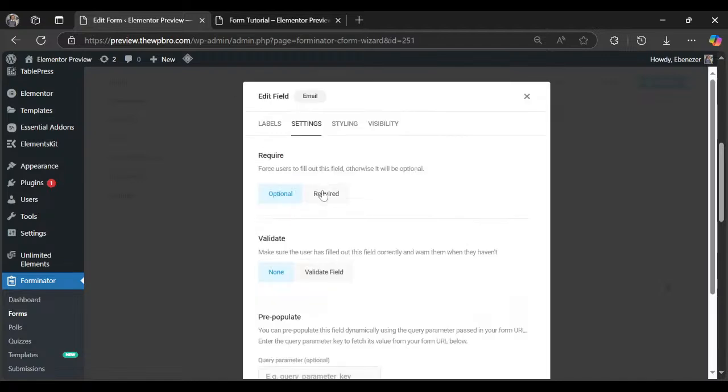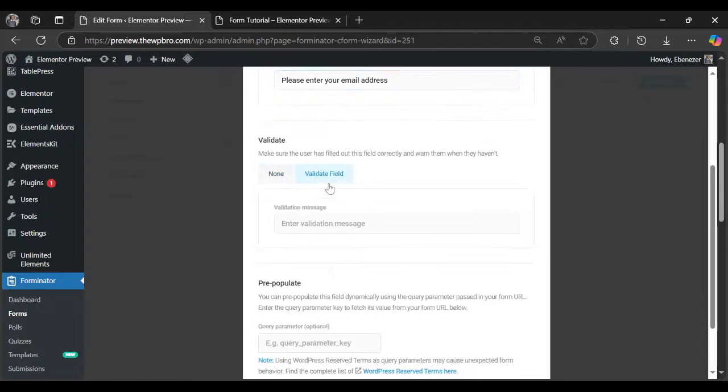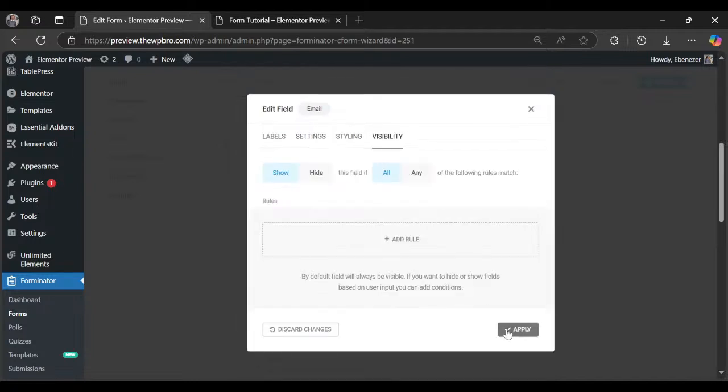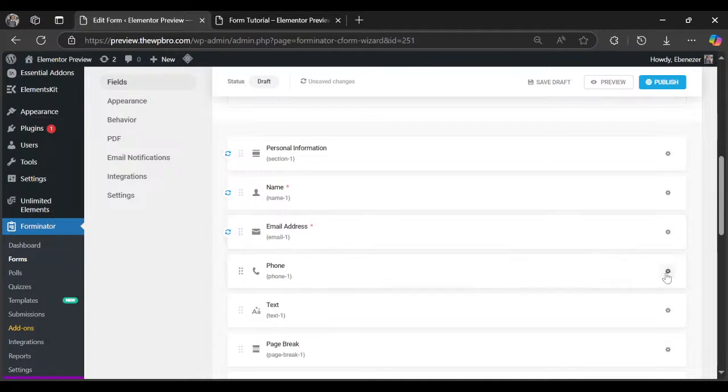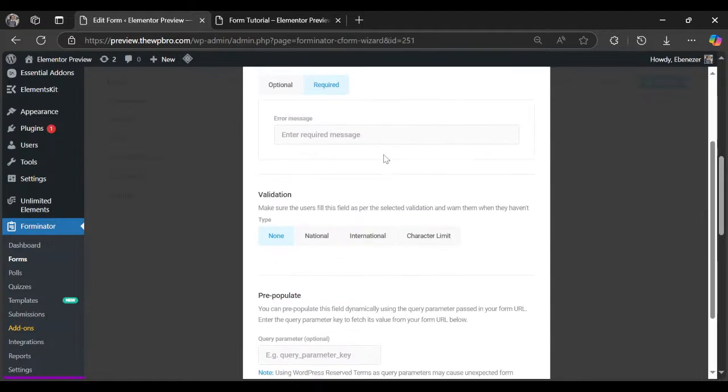Come to settings, choose required, and then say please enter your email address. All right, and also we're going to validate this field. So let's say once they fill in the email address incorrectly, let's say please enter a valid email address. All right, and then visibility, everybody should be able to see it. Click on apply. Same thing for phone, edit field, come to settings, required, and let's say please enter your phone number,